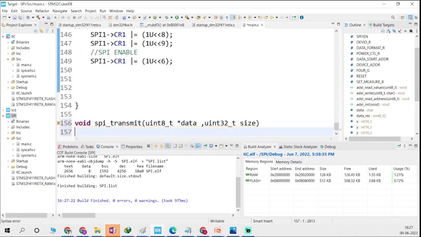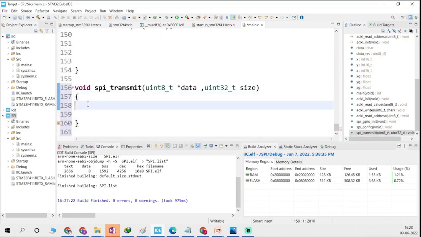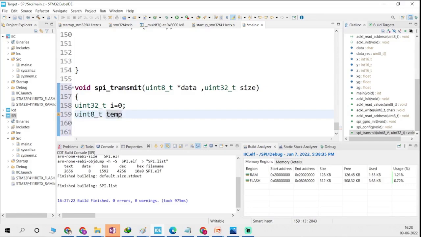I'm just going to create a variable uint32_t i equals 0, and uint8_t temp. So while i is less than size, I'm going to transmit until